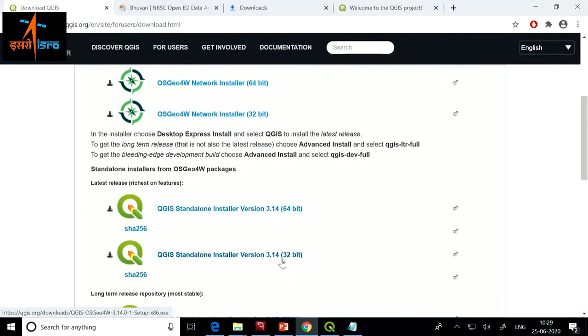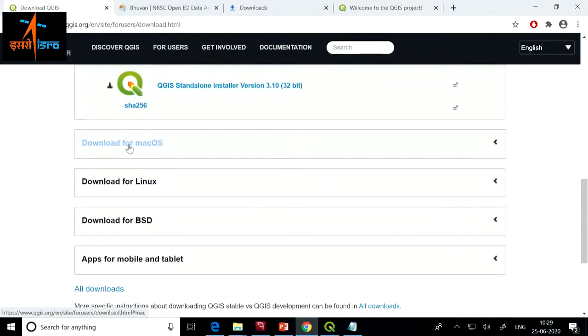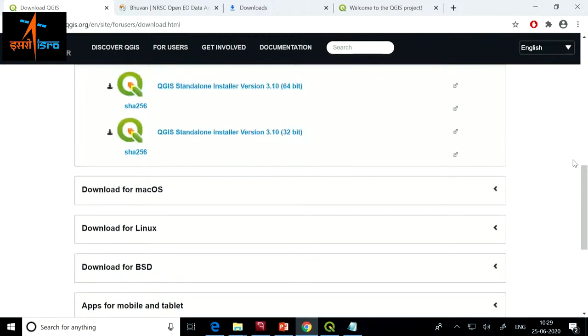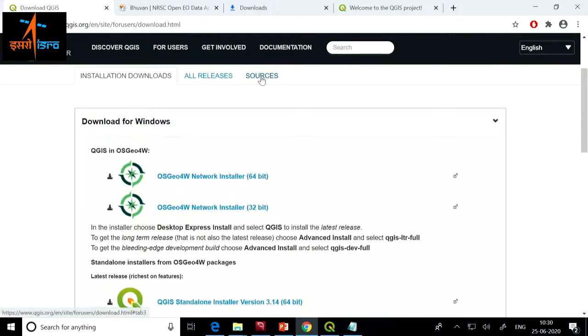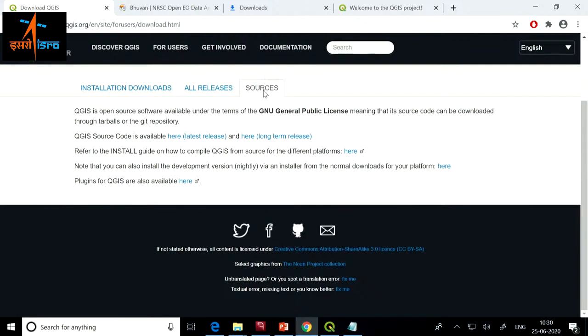If you have a 32-bit operating system or a 64-bit operating system, you can correspondingly download the correct file. If you have a MacBook, if you have a Linux operating system, you can see the corresponding instructions. So this is also available in different other operating systems. If you are using some other operating system, Solaris or anything else, if you have the permissions to build it, the source code is available, and you can build it from scratch. The source code of the entire software is available to you.